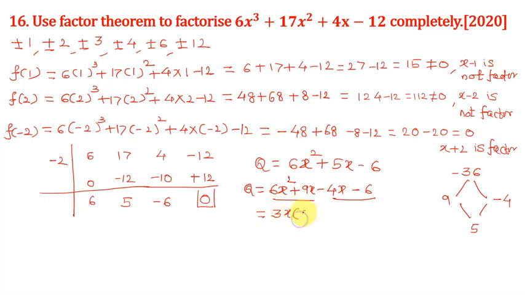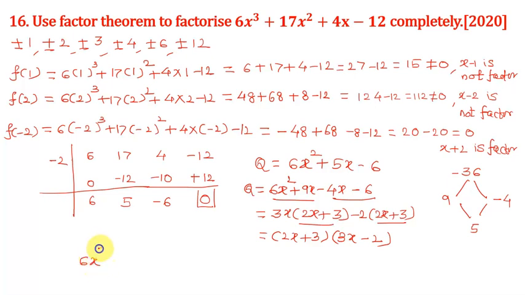3x in bracket 2x plus 3. From these two, take minus 2 as a common, then 2x plus 3. Take 2x plus 3 as a common, and in the second bracket 3x minus 2,